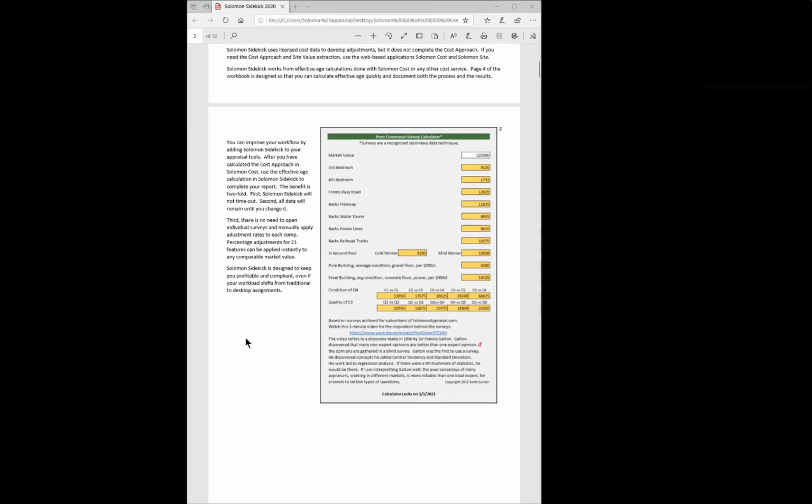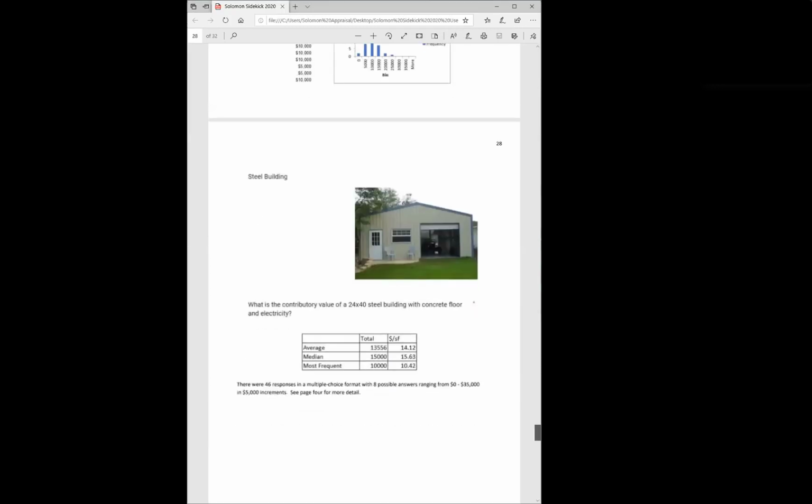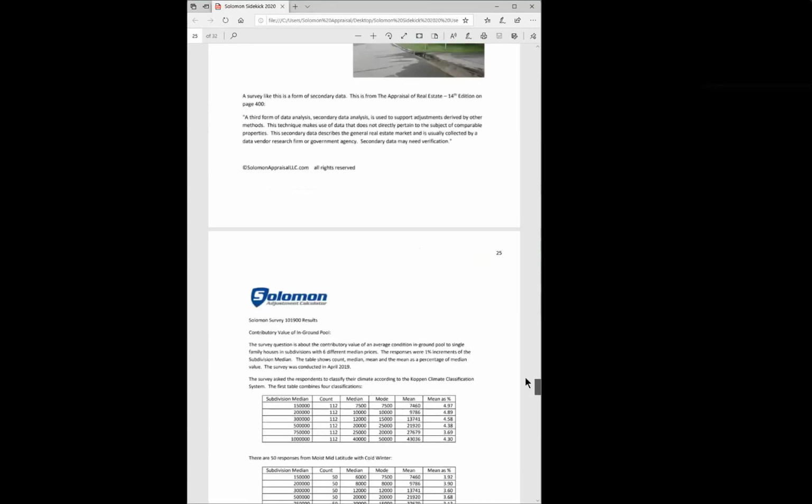It's kind of a workflow improvement, and we'll talk about this in a few minutes more in depth, but this is an example of how you can find a third bedroom, fourth bedroom, railroad track adjustment for a given market value. And what we're doing with this calculator is applying a percentage to the market value to get these adjustments. And those adjustments are based on surveys that we've taken. I'll show you the surveys at this point. Let's see, here's the one for